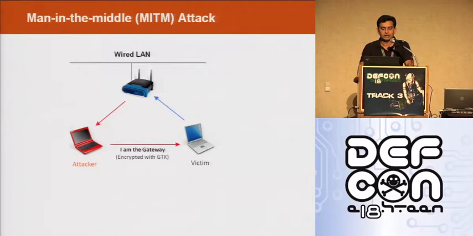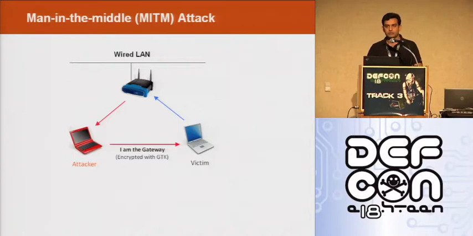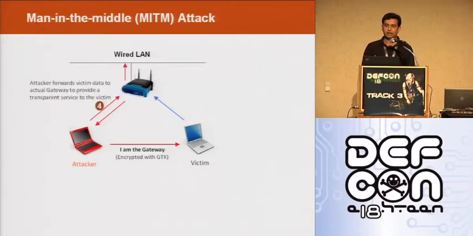At this point, the attacker can actually drop all the packets and do a denial of service attack in the network. But he wants to steal information, right? So for that, he has to provide a seamless service to the user, a transparent service to the user. The user should not feel that there is something wrong going on in that network. For example, if I am accessing Yahoo and I am not able to access it, it means there is something wrong in that network. So what happens is, the attacker is going to forward all those packets to the actual server or gateway, and he becomes a man in the middle, right?